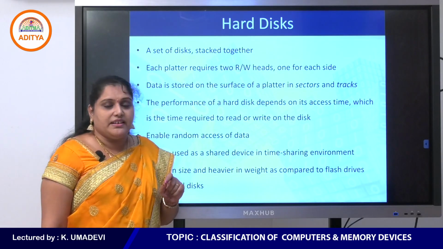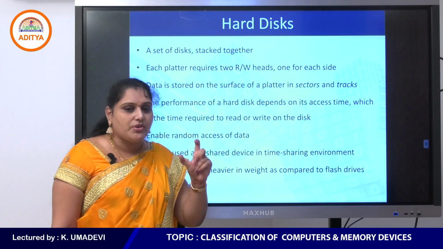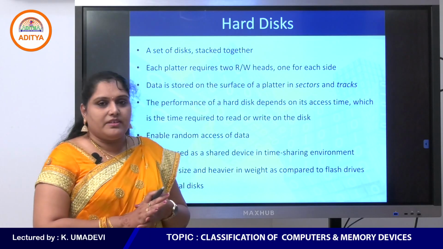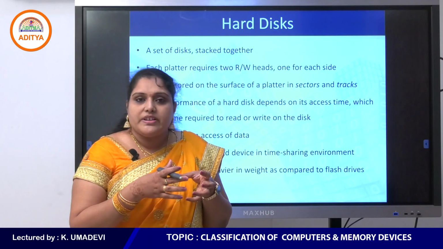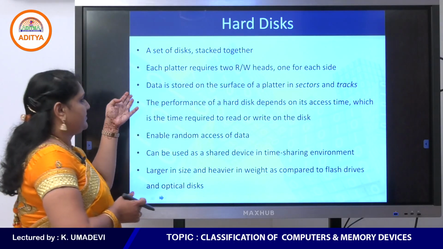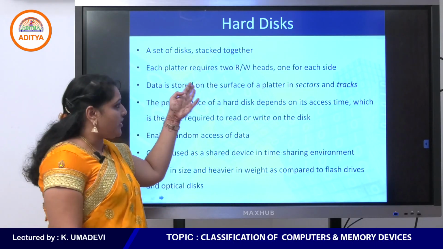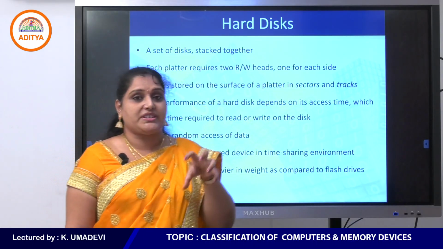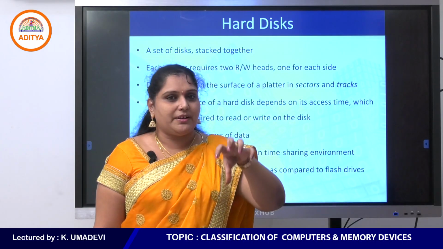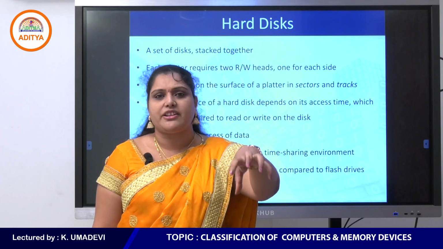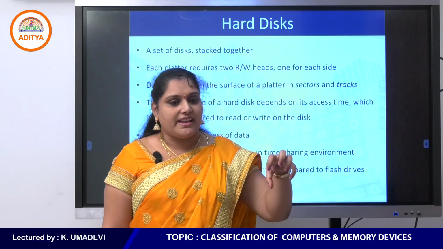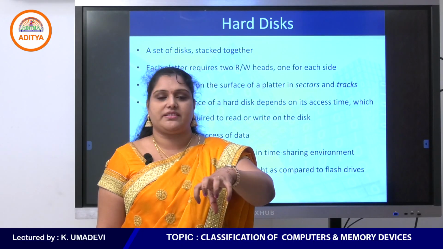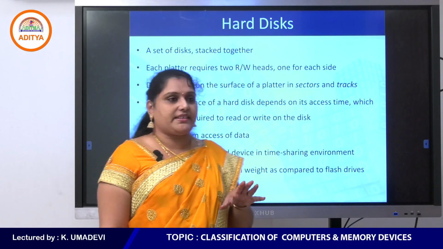Next, the hard disk, which is the main component in a system that stores the data permanently. Am I right? Again, disk. A disk is a collection of sectors and tracks. Data in a disk is stored on the surface of the platter in sectors and tracks. See, all disks follow the direct access mechanism. That means a floppy disk is a direct access secondary storage device. CD is a direct access secondary storage device. DVD is a direct access secondary storage device because it is a collection of tracks and sectors.